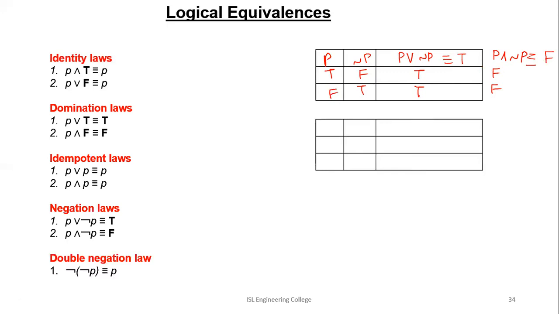Now the next one is double negation law. So double negation law is that you are applying double negation to P. So we have P over here, once negation, then double negation. So P is true, false, negation of P will be false, true, negation of negation of P will be true, false. So this is similar to our P, logically equivalent to our P. Okay,